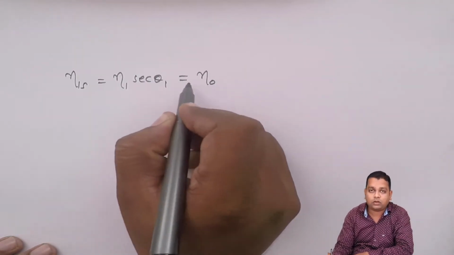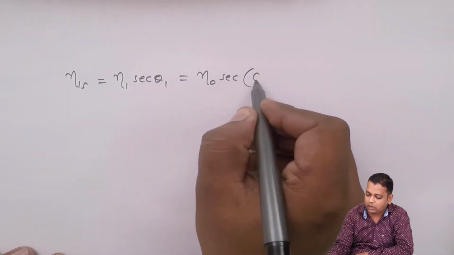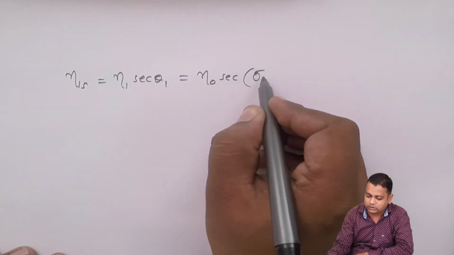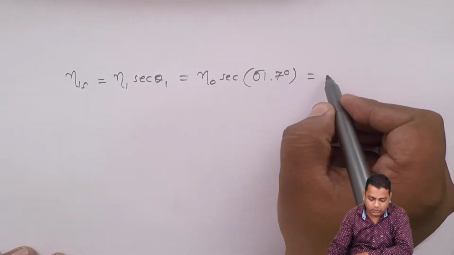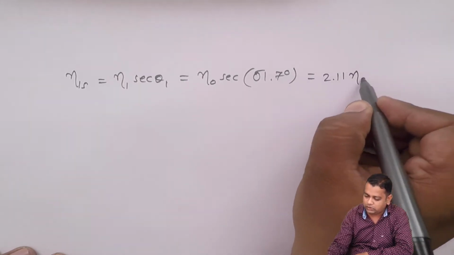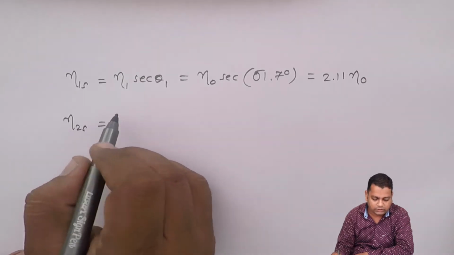For free space this is eta 0 into sec of 61.7 degrees. Therefore, this happens to be 2.11 eta 0,